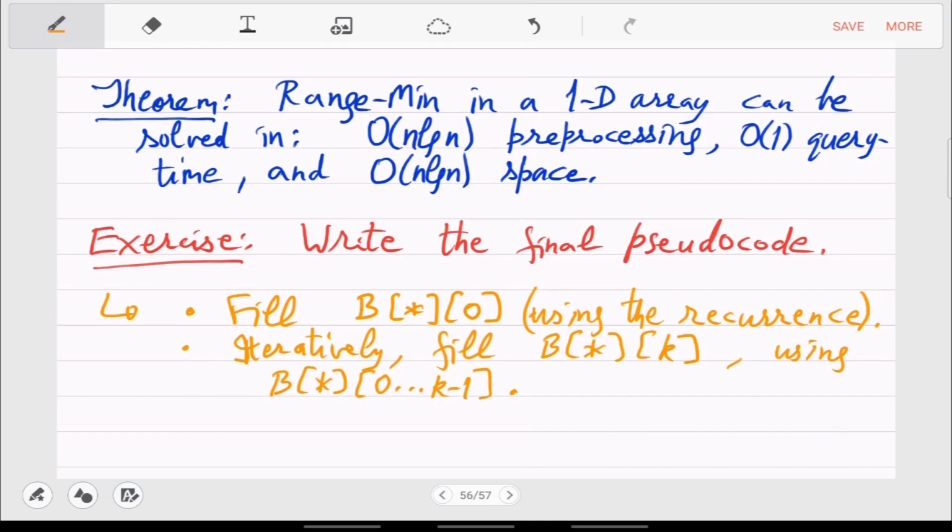Okay, so the star means that you want to fill all these rows, but the column is fixed to be the kth column.